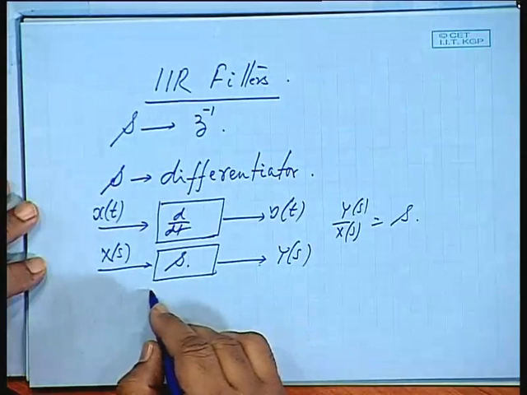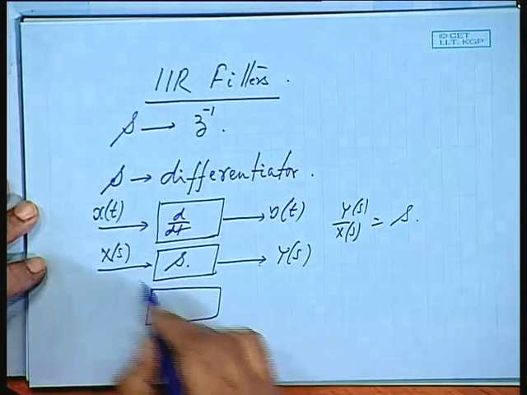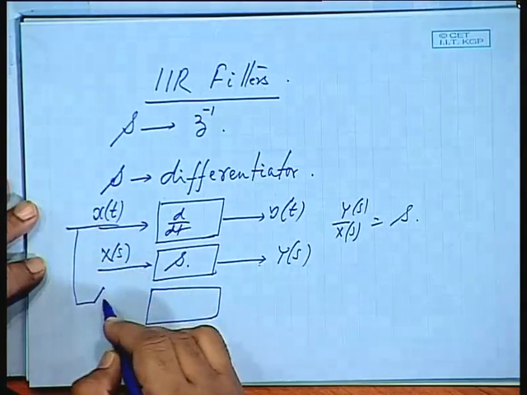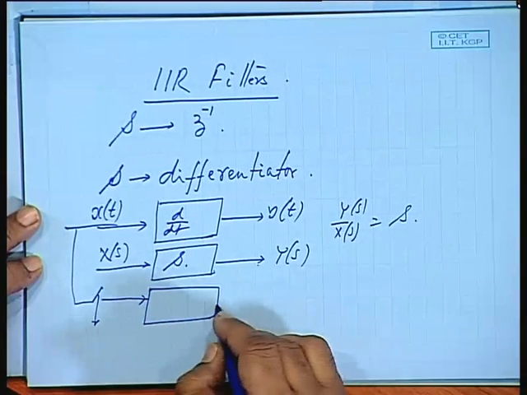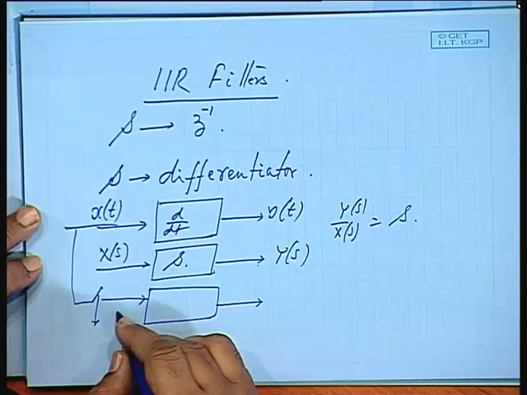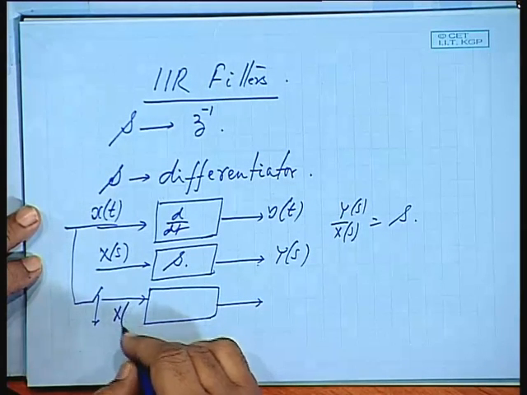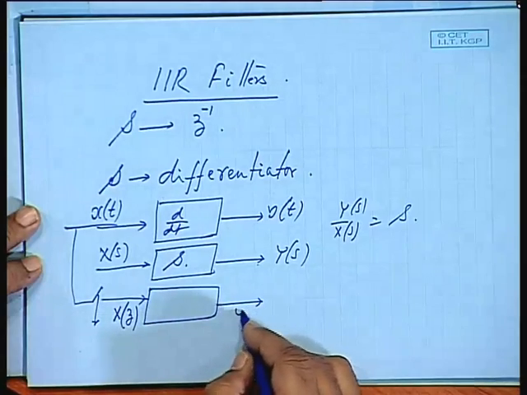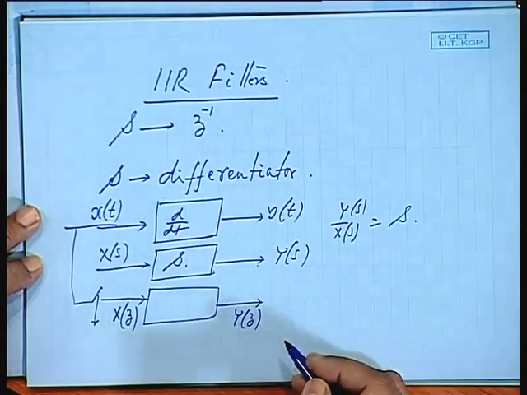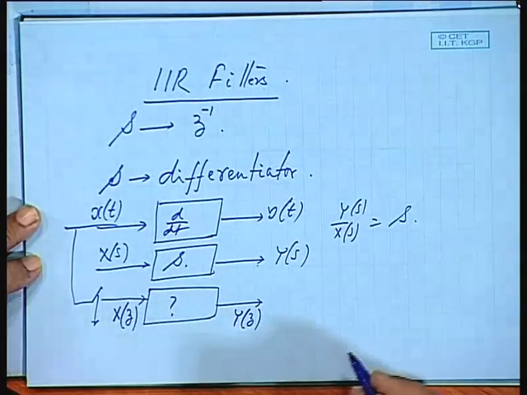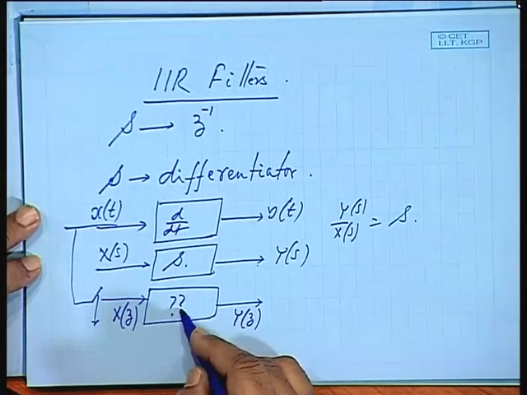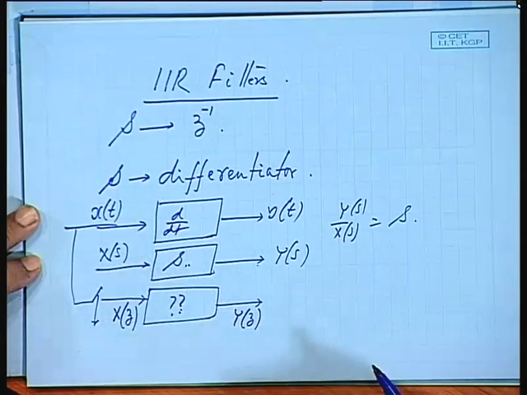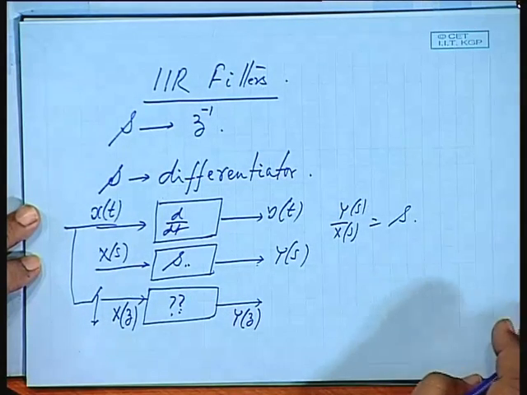Now, in the discrete domain, the same signal, if it is discretized with a regular switching, I call this x(n), and in the z domain this is X(z) and this is correspondingly Y(z). What is this function? So, whatever appears here, that will be used to substitute for s. This is our primary goal. Now, let us see,